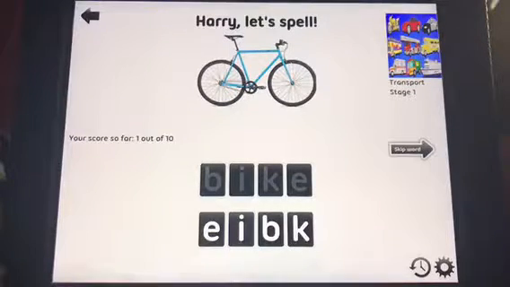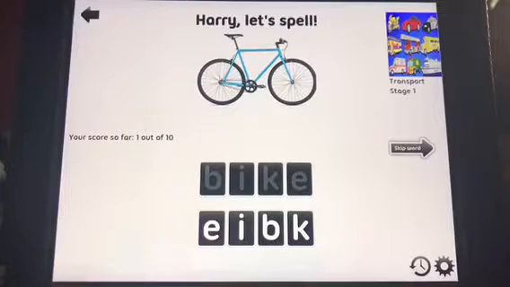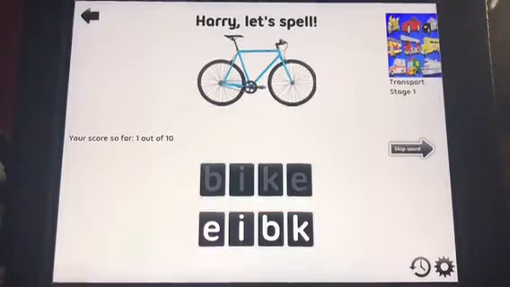Hi everyone! In this tutorial I'm going to show you what each stage of SENspeller looks like. SENspeller has 3 distinct stages of development, and this helps to ensure your child is learning to spell rather than